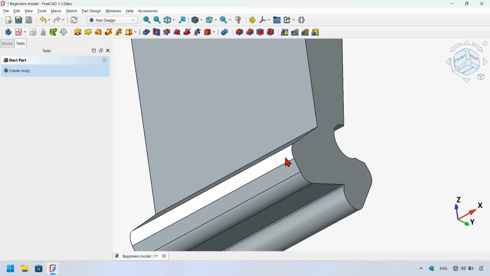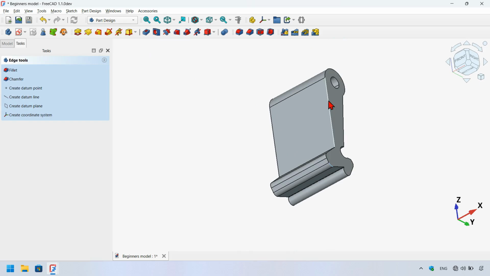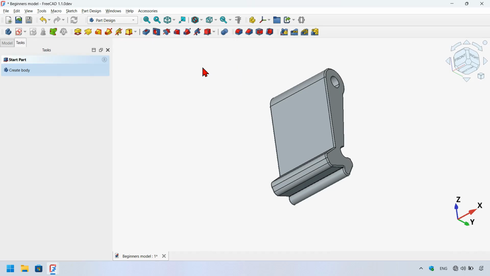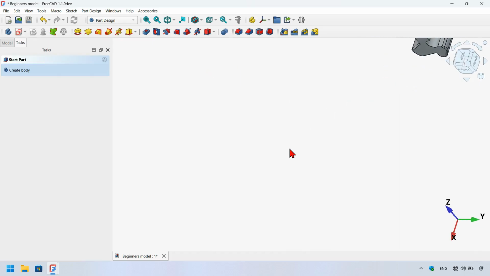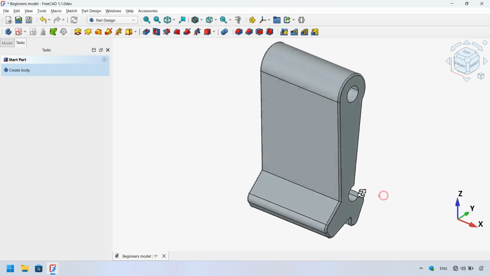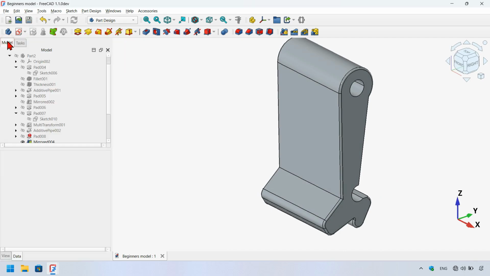Okay, now I'm going to select this edge and this edge, now this edge and this edge here, and create a fillet of 0.5 millimeters, and then okay, enter, and I have this, and the design of the part 4 is finished. So I save this document and I go to the model tab, and now what I'm going to do here